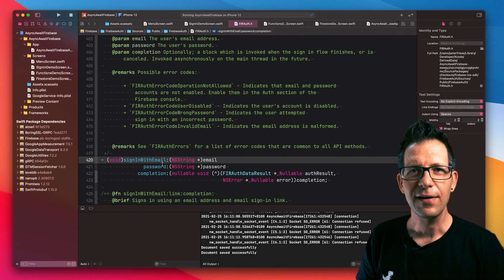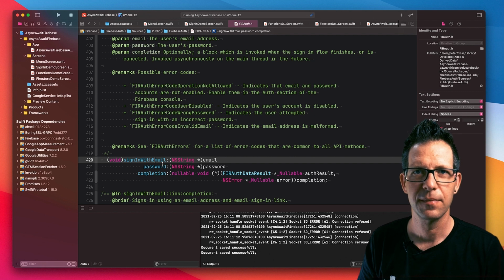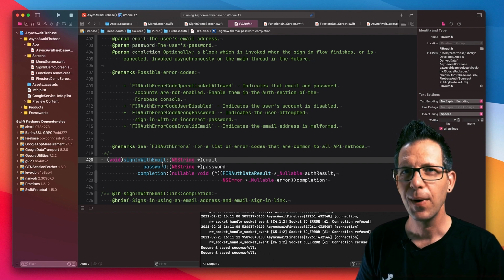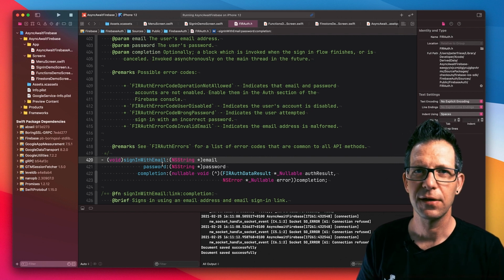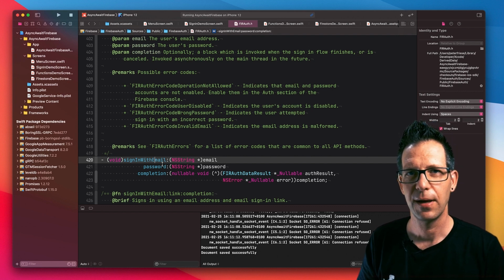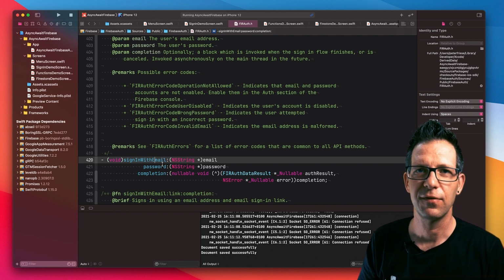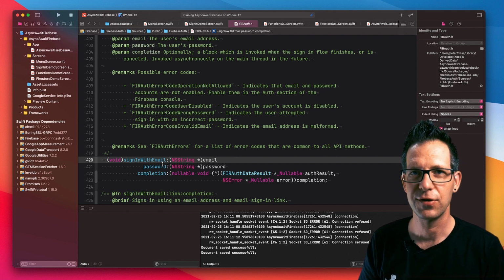So in the second part of our series about async and await, we're going to look at Objective-C interoperability. Why is that important? Well, there is still a lot of Objective-C frameworks and SDKs out there, and Apple wants to make sure that we can use them seamlessly and call any asynchronous code using async and await. Besides, they probably have a lot of Objective-C code as well and want to make sure that we can call